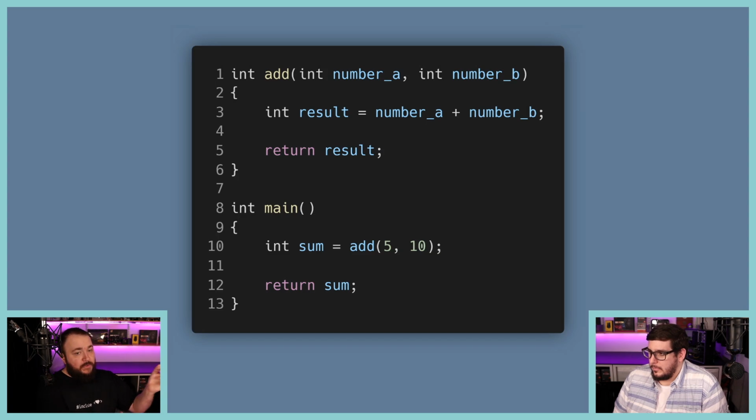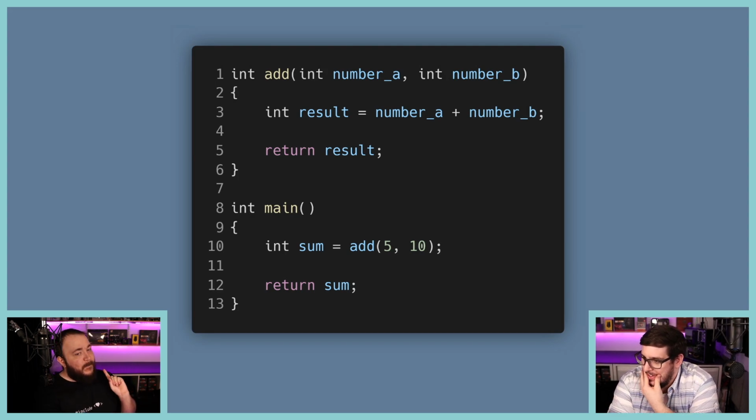So, like you talked about, this is the add function from before, from line 1 to 6. It is the same. And then we have our main, which is, as you can see, a function. So main is a function, but there's one thing magical about it. It acts like a function, it works like a function, there's nothing different about it except one thing. You as a programmer don't call main. Main is called by something else. You could think of it as it's called by the operating system, or it's called automatically, or whatever. So main is called for you, if you think of it that way.